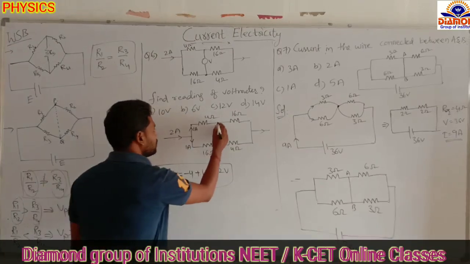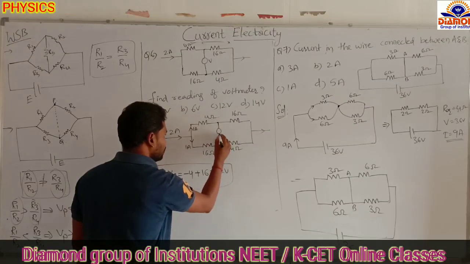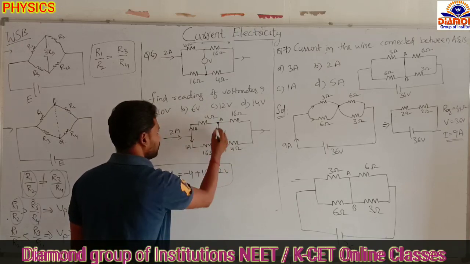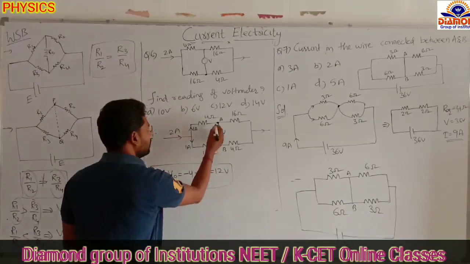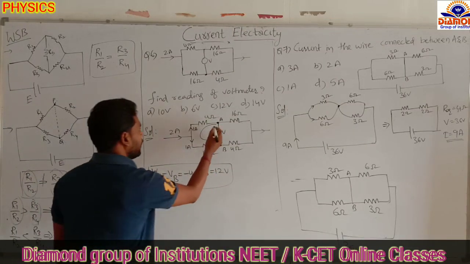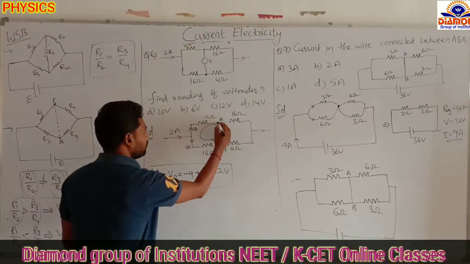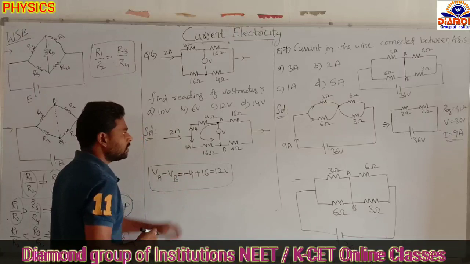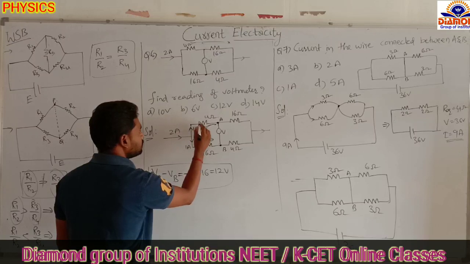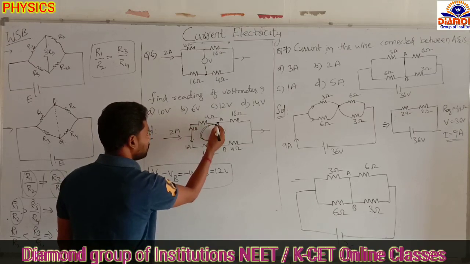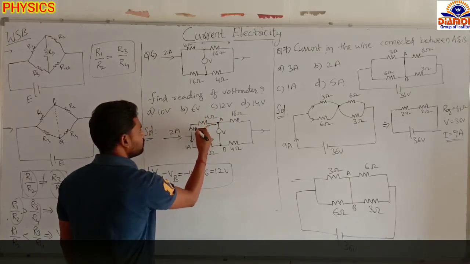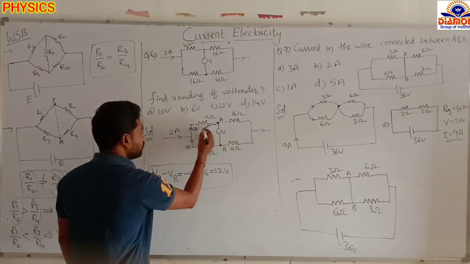They are asking the reading of the voltmeter. That means the potential difference between this point A and this point B. What is the potential difference between these two we have to find. So now I am using Kirchhoff voltage law. A to B, in this way I am following. So we have to find VA minus VB. Now I am going in this direction, but the current in this resistance is going in the opposite direction. Whatever direction I consider, if it is opposite to the current, then keep the minus. Voltage is current into resistance, 1 into 4, minus 4. Now I am going in this direction.